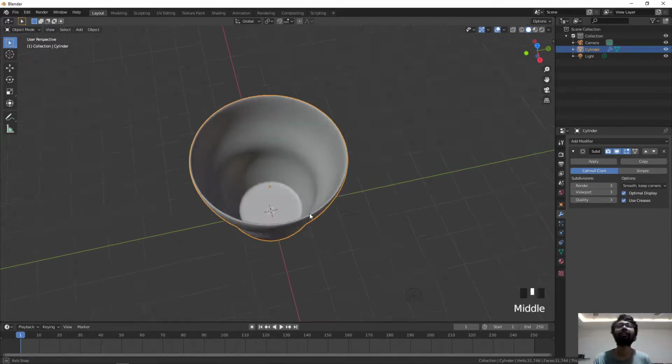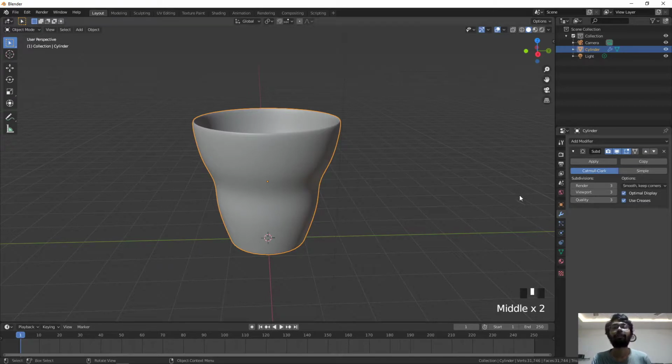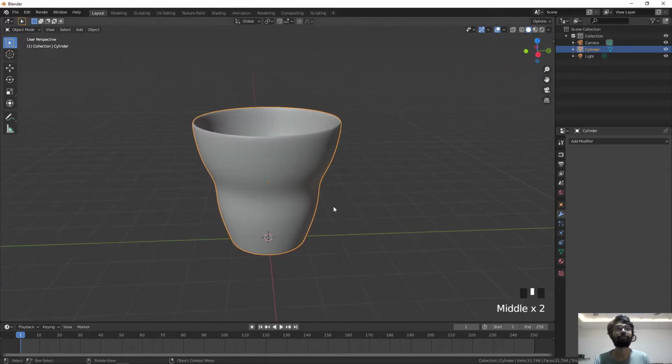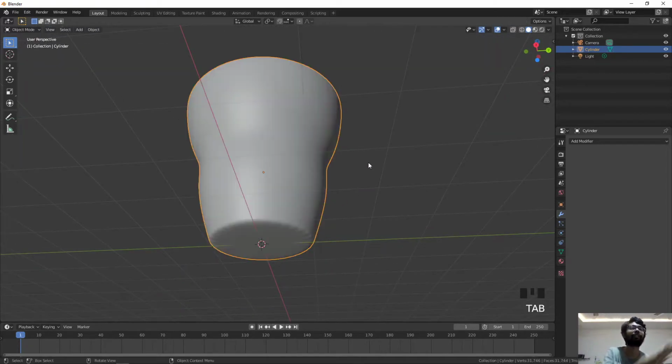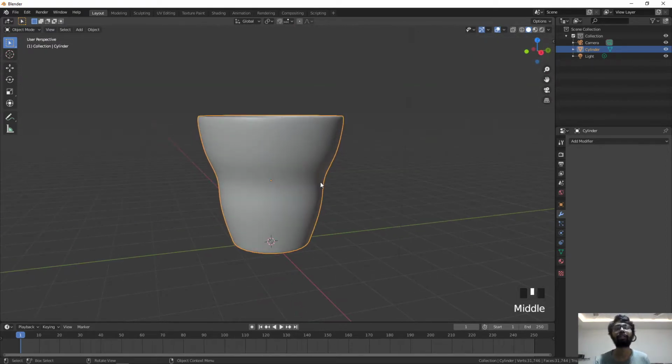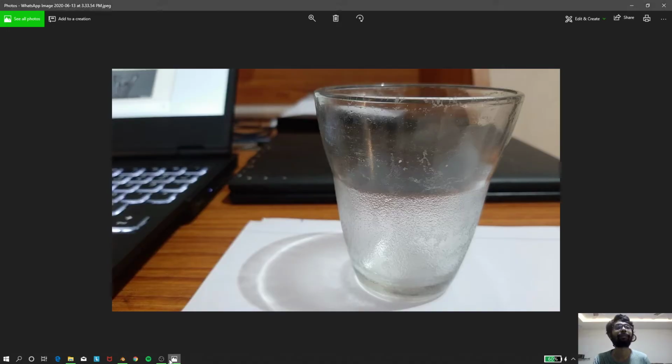So we'll go to object mode again, and now we can safely apply our Subdivision Surface modifier. Remember that if you apply any of your modifiers onto your object, you cannot revert that process. So please beware before you apply your modifiers. So now I'm applying my modifier. And now, if we select and press Tab, you can see extra vertices are added to our object, and the object is smoothed out. We can go to side view mode and compare this image with our glass. So this looks much similar